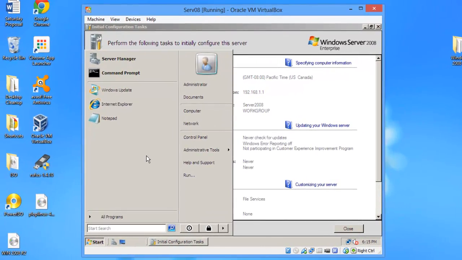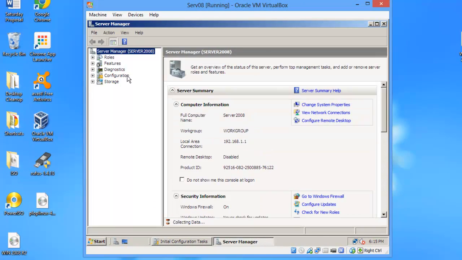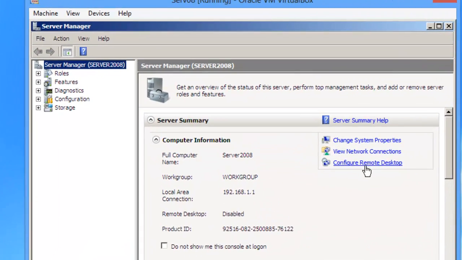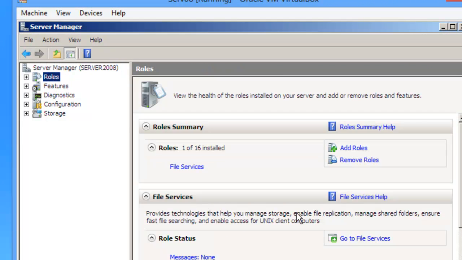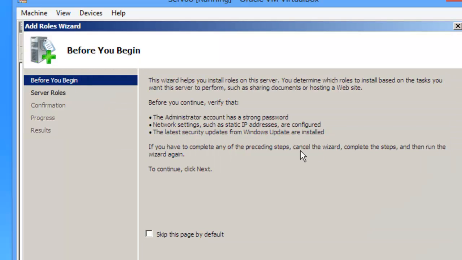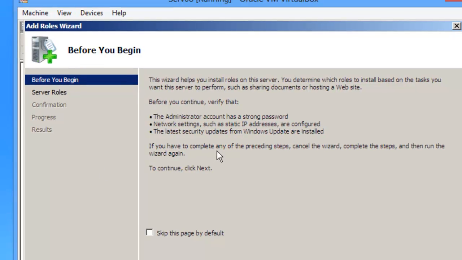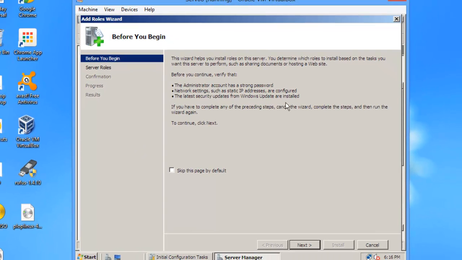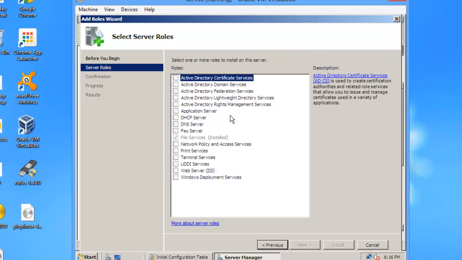To start, we'll go to Server Manager, and in Server Manager we'll go to Roles here, and we will add a role. Right, in this screen here it gives you a little information, tells you that your administrator account must be strong, your network settings such as IP, static address are configured, and the latest security updates, Windows updates are installed. Right, so we can hit next, and the role that we're going to install here is the Active Directory Domain